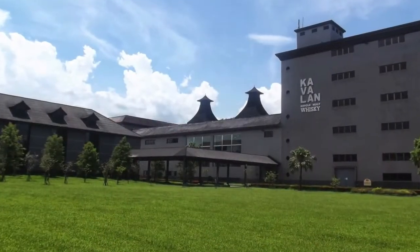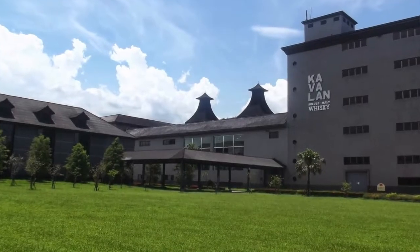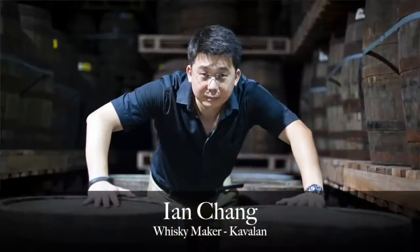This is an exquisite little distillery. It was actually put together almost in a heartbeat. This was one of the fastest built distilleries I've ever heard about. Literally within a year, these guys were up, running, everything at full pelt. It's owned by the King Car Group, which is a Taiwanese company that owns several other ventures. And working with Dr. Jim Swan and their whiskey maker Ian Chang, these guys have produced several fantastic drops of